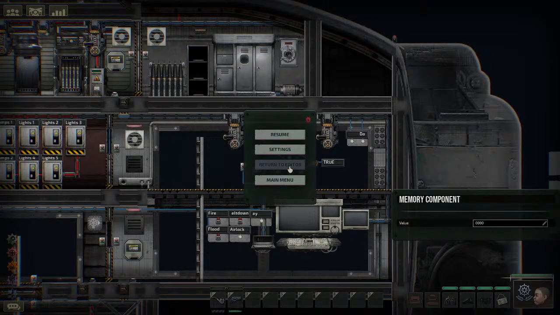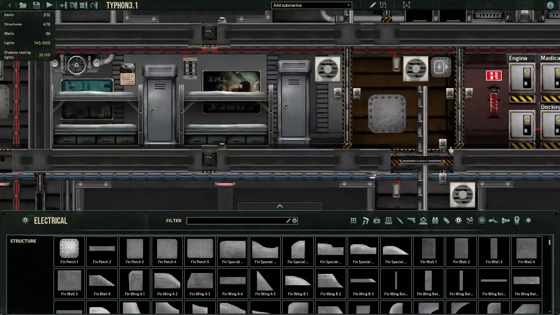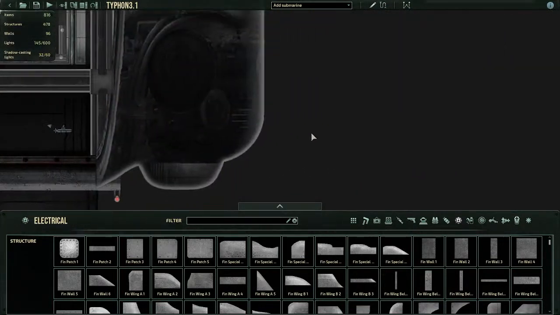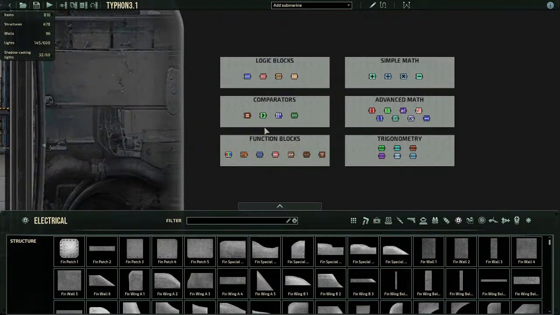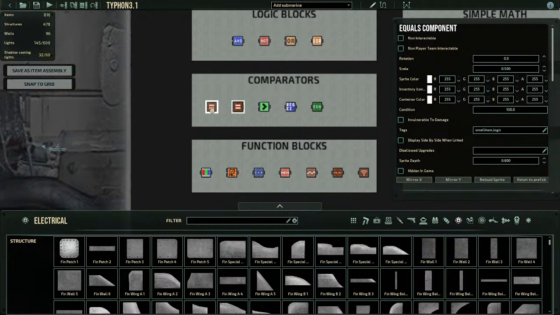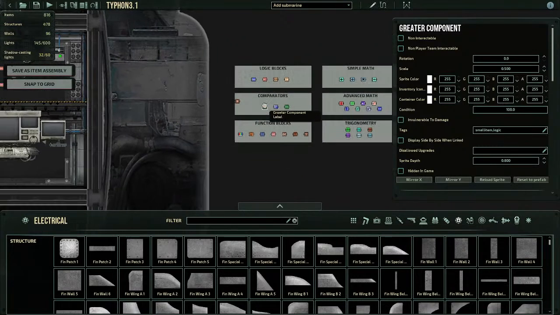Where are we? Oh, there they are. Okay, so I'm just gonna put these off to the side once I've taken care of them. Put that over here. Okay, so the greater than component is similar to the equals component, in that it takes 2